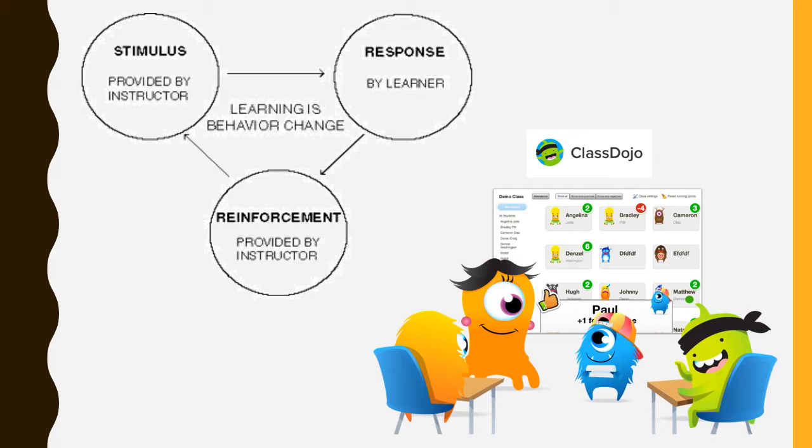An example of a behaviorist technology in use today is ClassDojo. ClassDojo is a behavior tracking app for classroom management. Students are rewarded for behaviors identified as positive in the hopes that they will be reinforced by the positive reinforcement. Behaviors that are considered troublesome are not rewarded, and the hope is that those behaviors will be reduced due to the lack of reward or the positive punishment.